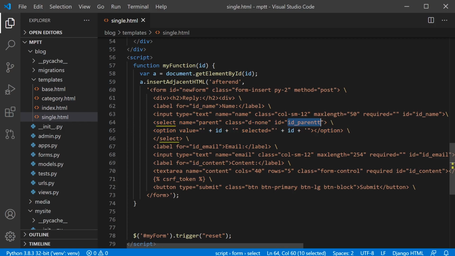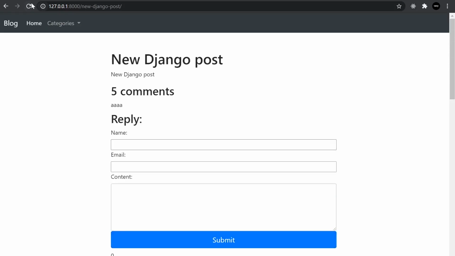Notice I also changed the ID here because I don't want to have the same ID as the original form. So I've changed that slightly. But everything else here is pretty much exactly the same. I've taken out some of the code that I don't need in the options because I'm not actually selecting from the drop down. So with that in place now, if I go back to my code and just refresh,